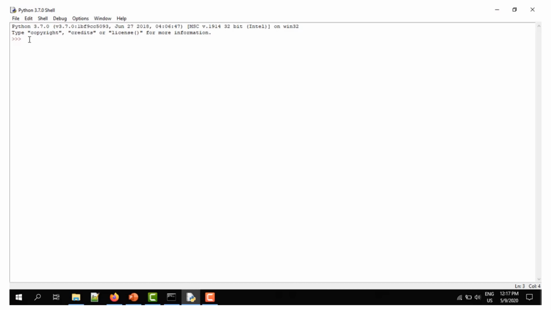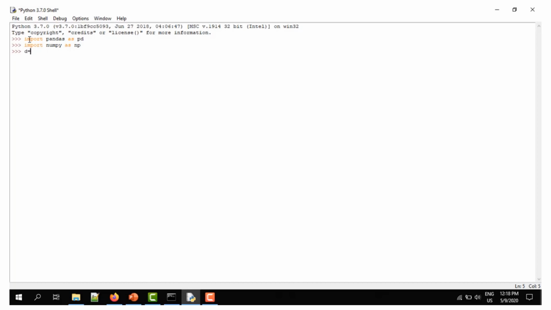Now let us see an example of the creation of a series. First of all we have to import the pandas package as pd. So import pandas as pd. Then we have to import the package numpy as np for creating arrays. Now we have to create an array.